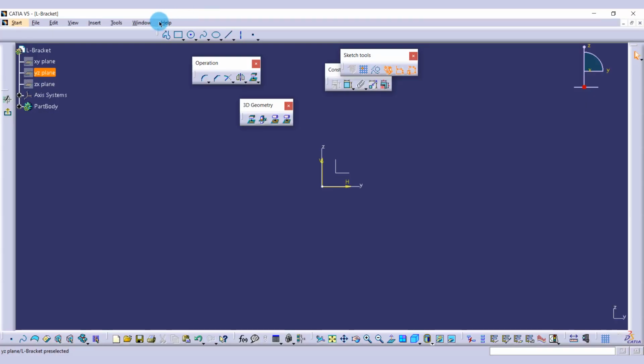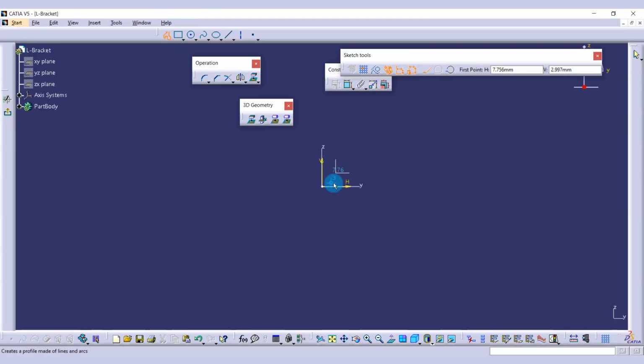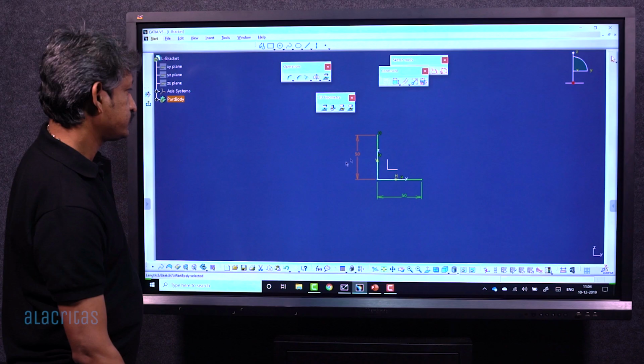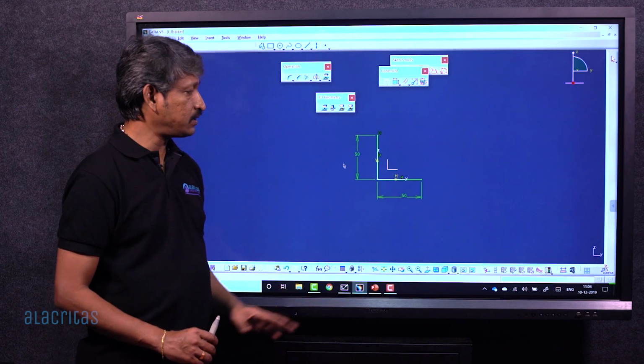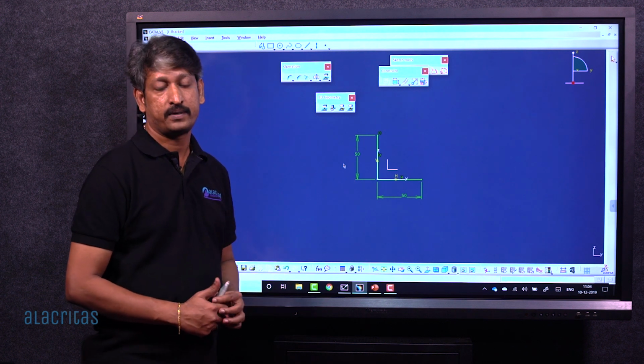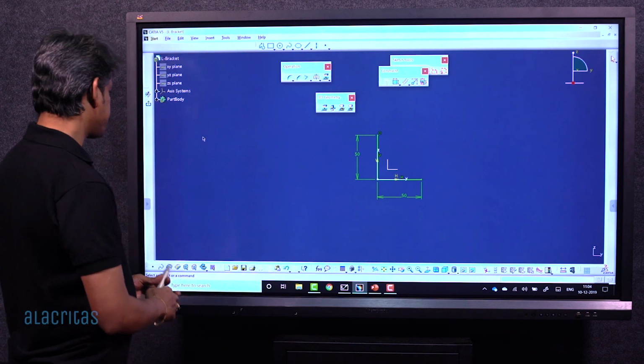So we'll go with Profile. Let's have a vertical line and a horizontal line. Now let's give the dimensions. We'll go with an appropriate value, 50. Let's make it 50, and make this vertical line 50 as well. Either we can have an open profile or we can close it also. Anyway, the system allows us to add material with the open profile. Exit the workbench,